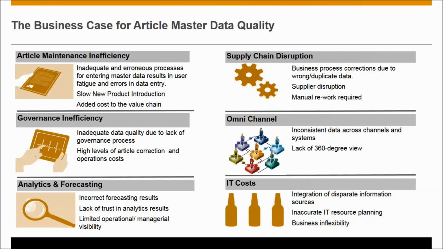And we have the omni-channel base. So this is the basis of creating the Article 360-degree view, as we call it, where you make sure you have correct data on your FMS system, on your PKMS system, and also your content management system, right? So we pass that data through that funnel of data quality and data streaming, and you build on top of that when you get to your omni-channel. The IT cost, of course, when you get on a standard platform like you may have with your FMS system or your SAP merchandising system, is that you are on an upgrade path. You adhere to the best practices.